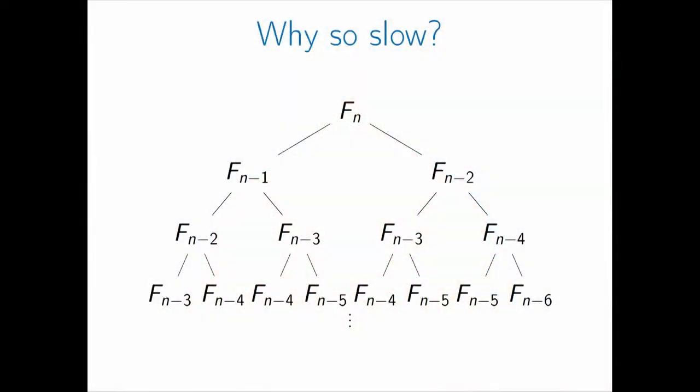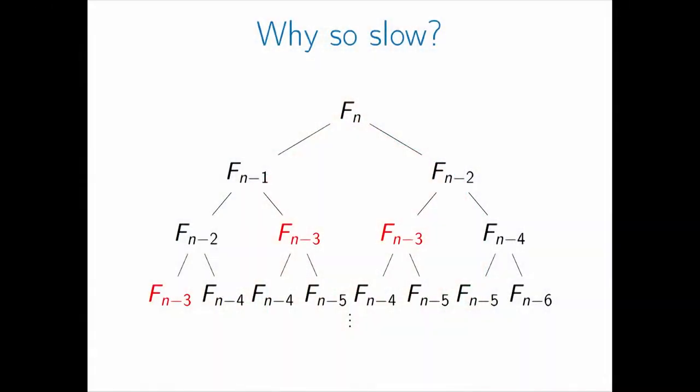And to see that, maybe the clearest way to demonstrate it is to look at all of the recursive calls that this algorithm needs in order to compute its answer. So if we want to compute the nth Fibonacci number, we need to make recursive calls to compute the n minus first and n minus second Fibonacci numbers. To compute the n minus first, we need the n minus second and n minus third. To compute the n minus second, we need the n minus third and n minus fourth. And it just keeps going on and on from there, and we get this big tree of recursive calls.